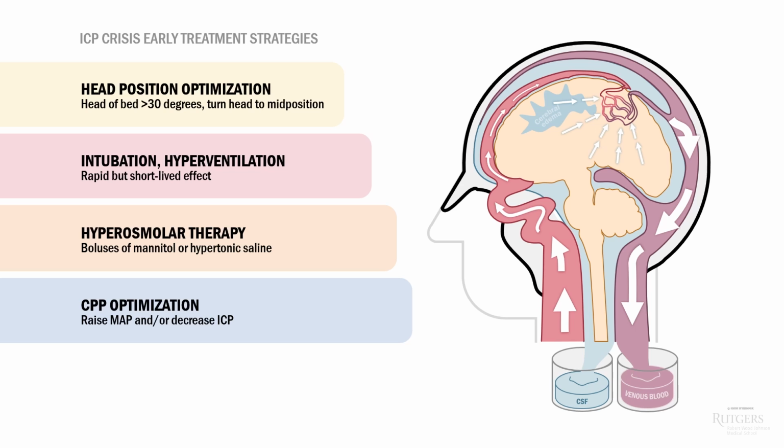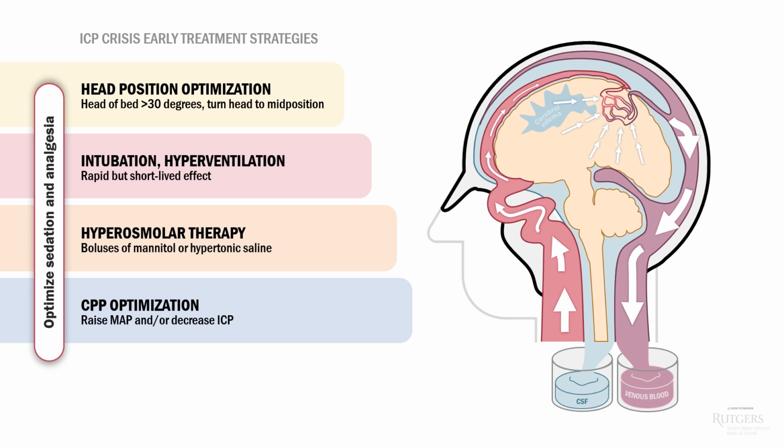Also, ICP may be increased by external factors like increased thoracic pressure. If the patient is coughing because they are bothered by the endotracheal tube or performing a Valsalva maneuver in response to pain, optimizing sedation and analgesia may be helpful. Sedation in general can also decrease metabolic demand, protecting the brain when supply is inadequate. Increasing MAP and lowering ICP may get the cerebral perfusion pressure into the optimal range.